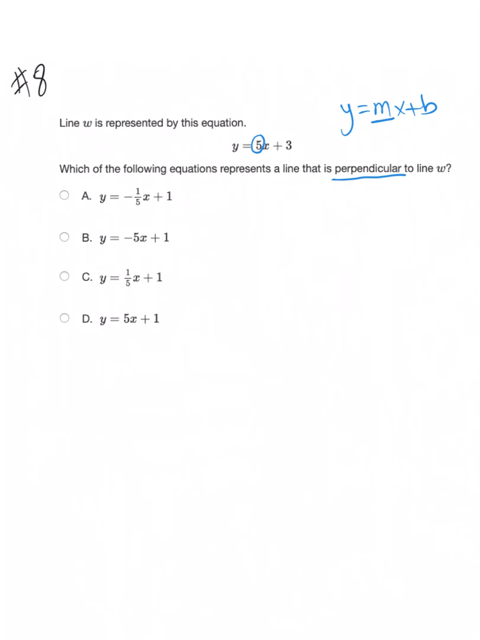Now this is where you'll need to remember that perpendicular lines have what we call opposite reciprocal slopes. Okay, opposite referring to the sign, positive or negative, reciprocal referring to flipping the fraction. Okay, so the line I'm given is a positive 5, so that means my perpendicular slope will be negative. And if I write 5 over 1, I need to flip that fraction, so that means my perpendicular slope will